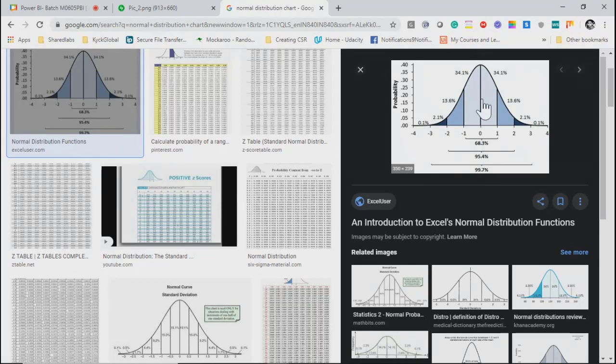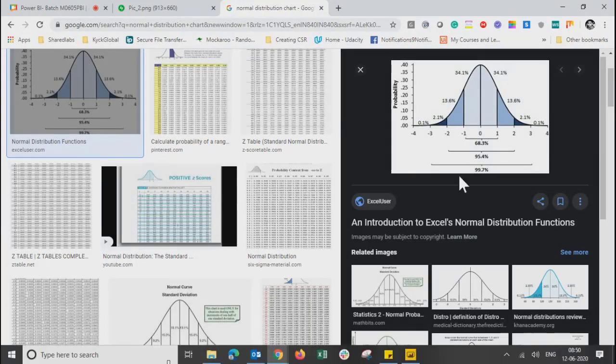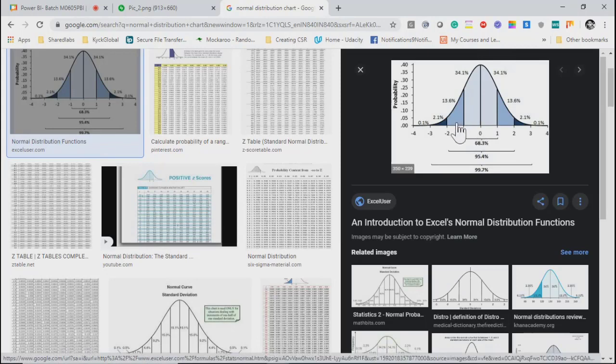Anything beyond this will be known as outliers, correct? So this chart is called your distribution, normal distribution. And the beauty of this is, from the central point, the tail, this line, on both sides will be of the same size, which means the zero element divides this particular distribution in a 50-50 portion. That is what we call a normal plot.